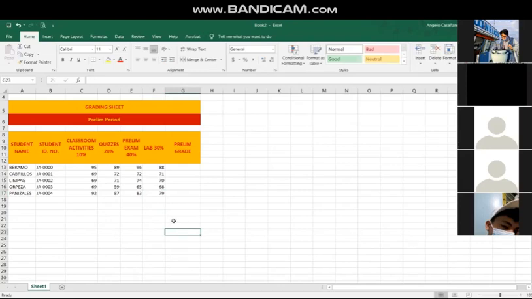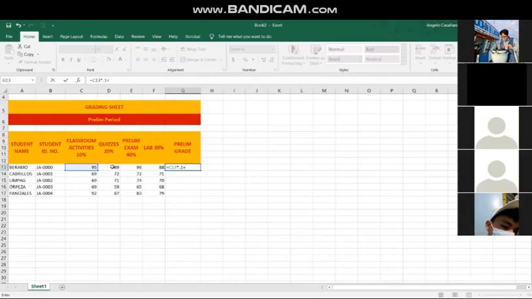Okay. If you are done already inputting all those grades, the next thing that you're going to do is to solve the grade based on individual multiplier or categories and their multiplier. So what do you mean by that one? So equal sign, you click classroom activities, which the multiplier is 10%. So you can either times it by 10%, tingnan yan guys, or its equivalent decimal, which is 0.10 or 0.1